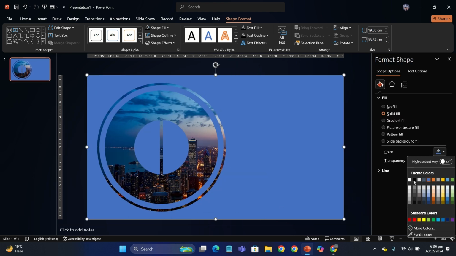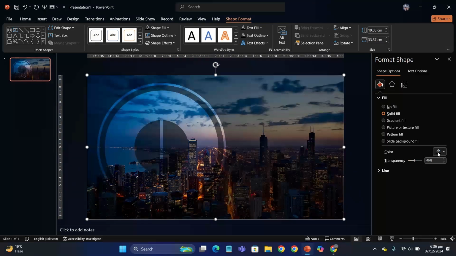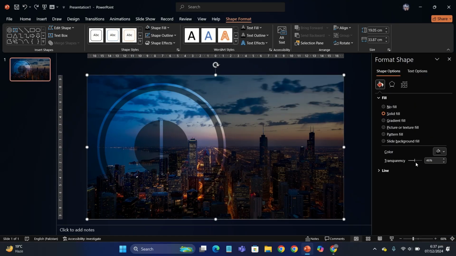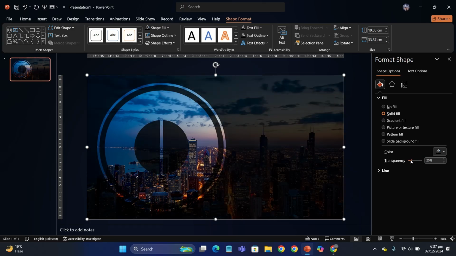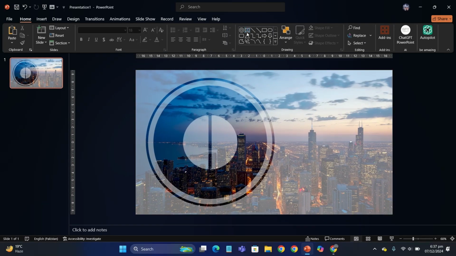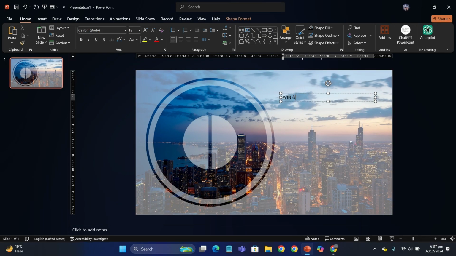So next, let's change the color of this rectangle. Black looks amazing, but it won't be really clear. So I'll just use white. Yeah, like this. Let's increase the transparency of the rectangle, and next go into your text box, which holds your